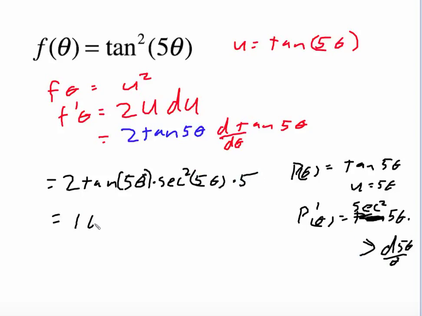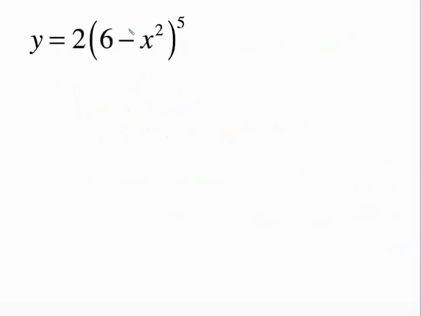So what this really becomes is 10 tangent 5 theta times secant squared 5 theta. That's kind of a mess, but that's where we stand on that problem. Now let's look at one more. This one is